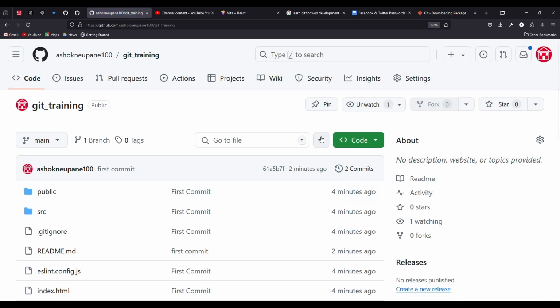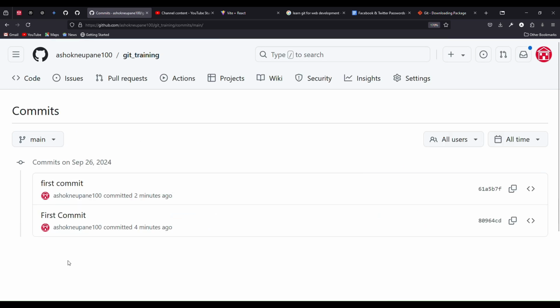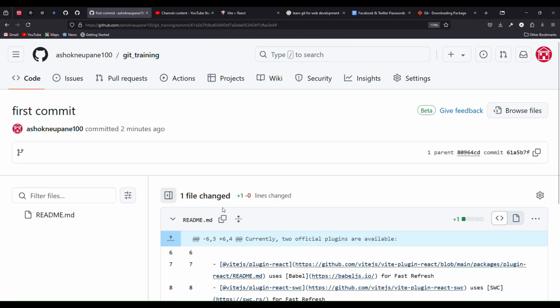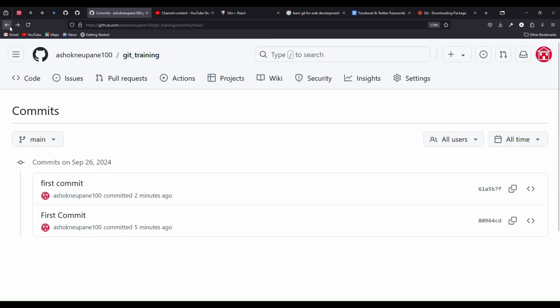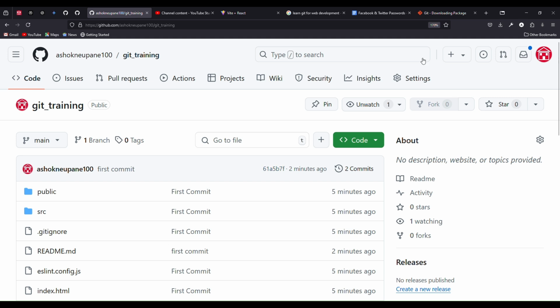Yes, you can see magic has happened. Then this Git training has come here. Here I have 2 commits. Sorry, I refreshed 2 times so it has gone in here. Then you see these things right now. But still you have to go back and send the other files also. We have 2 commits right now.